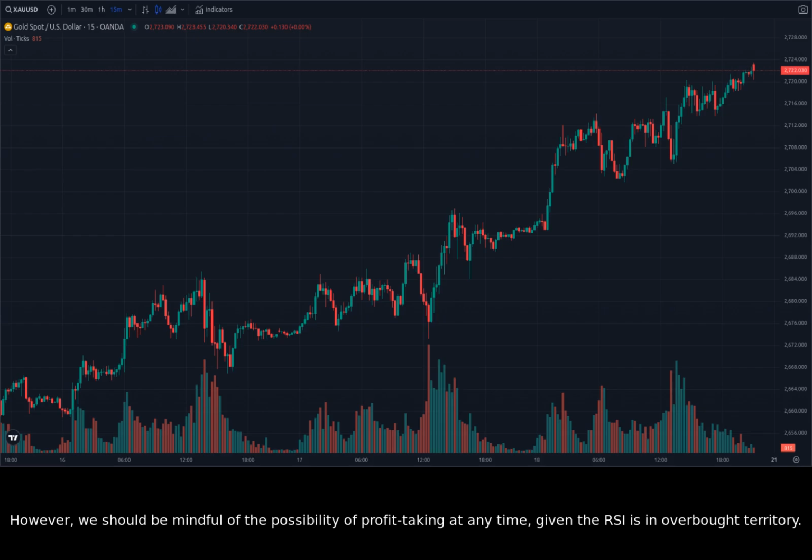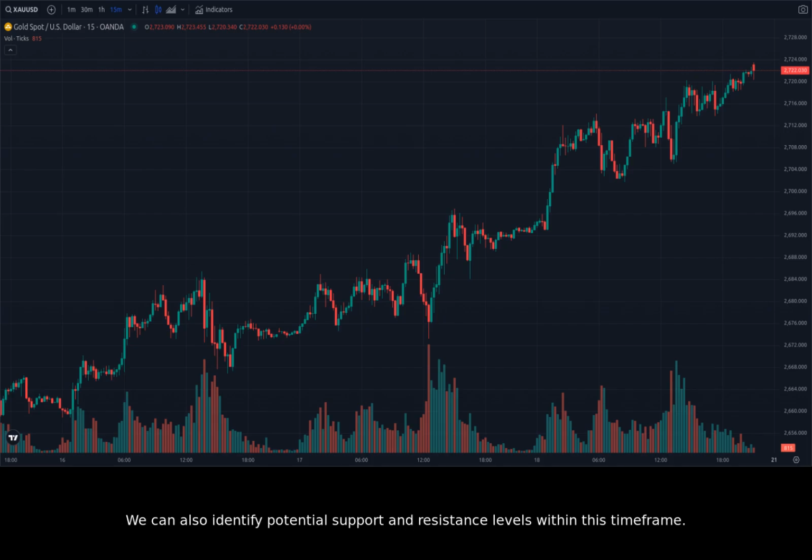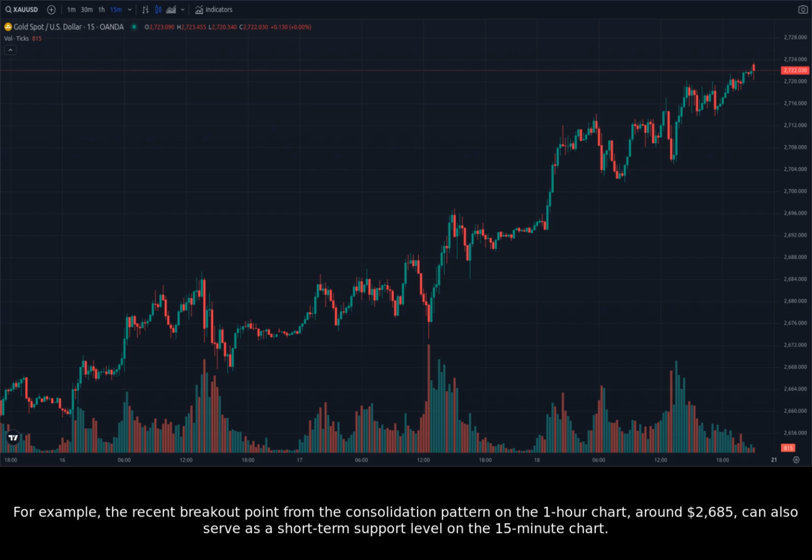However, we should be mindful of the possibility of profit-taking at any time, given the RSI is in overbought territory. In the short term, it is essential to monitor the price action on the 15-minute chart, looking for potential reversals or consolidation patterns. We can also identify potential support and resistance levels within this time frame. For example, the recent breakout point from the consolidation pattern on the 1-hour chart, around